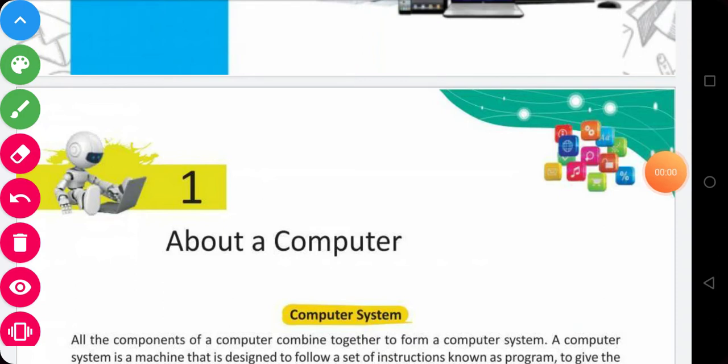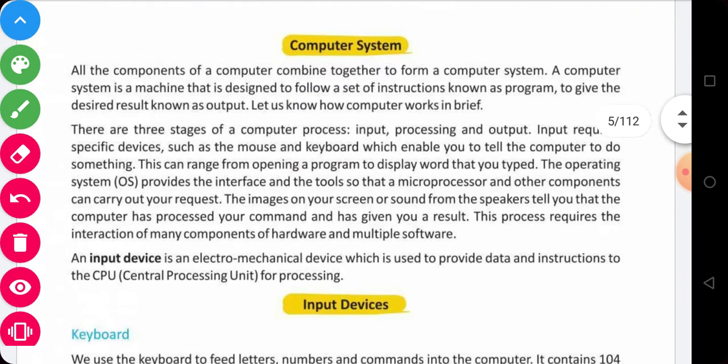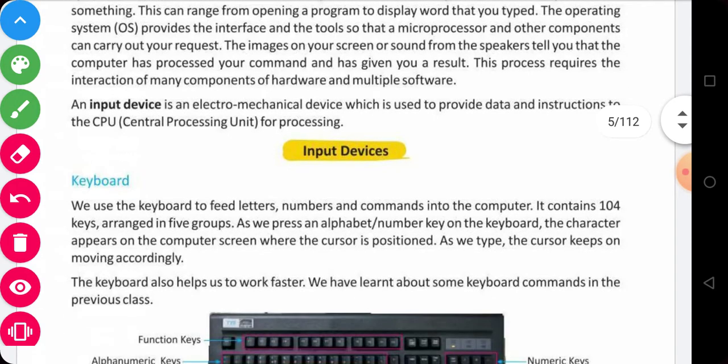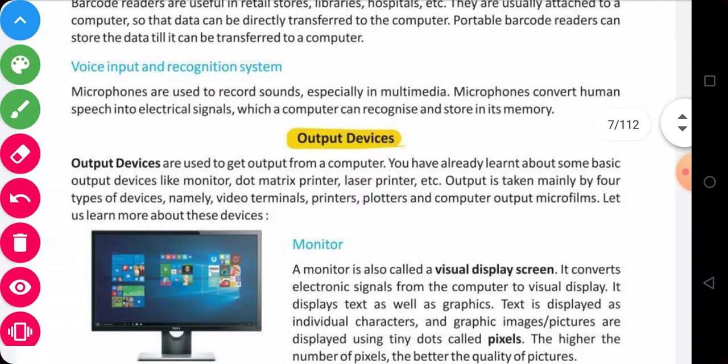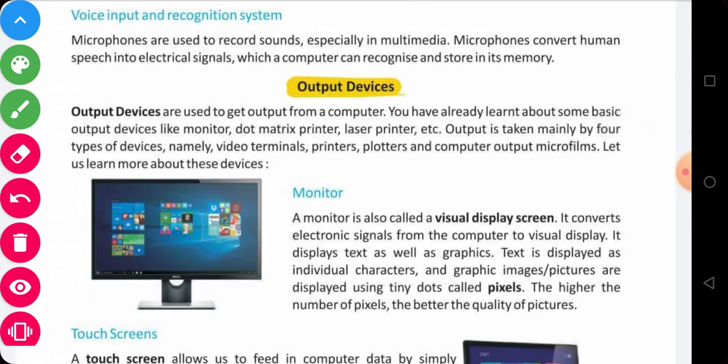Okay, students, we are going to read the next topic in chapter 1, and the chapter heading is about the computer. Yesterday we learned the computer definition, its functionality, and some input devices, and today we are going to learn some output devices. Output devices are those devices which produce output after the computer processes the required information, and we use that information for our general purpose, for a project, or any business purpose also.